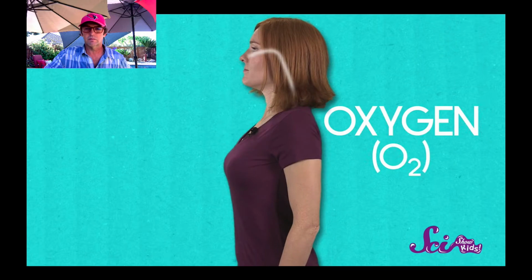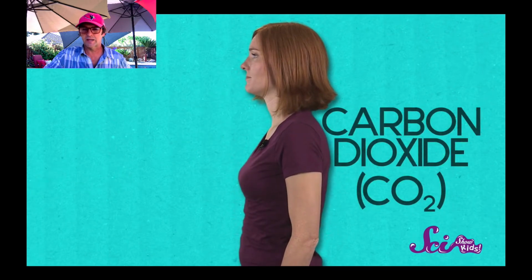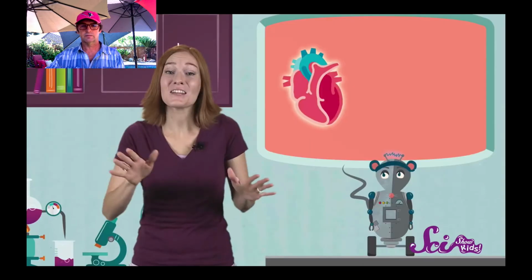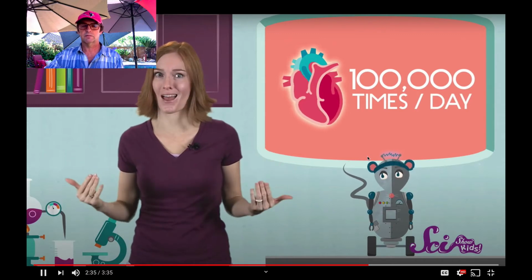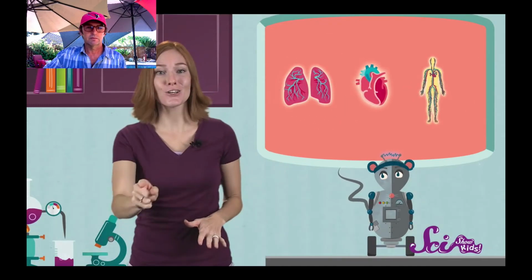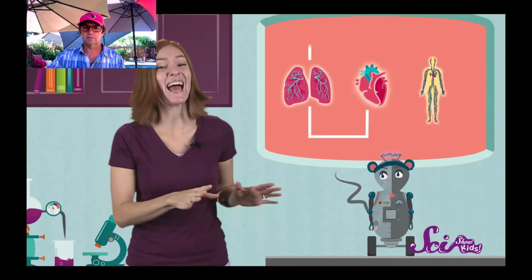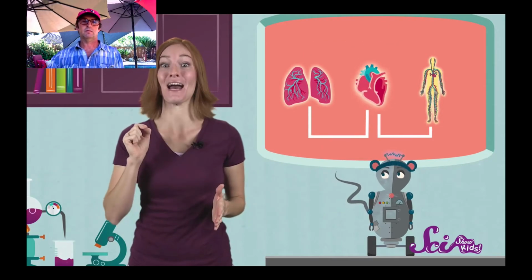So when you breathe in, you're breathing in oxygen that goes into your blood. And when you breathe out, you're breathing out the carbon dioxide that your body has gotten rid of. Now, it sounds like a long journey, but your heart can pump blood to every part of your body in less than 1 minute. And your heart beats at least 100,000 times every day. So at any point during your day, your heart is sending blood to your lungs and out to the rest of your body and back to your lungs again all at once.